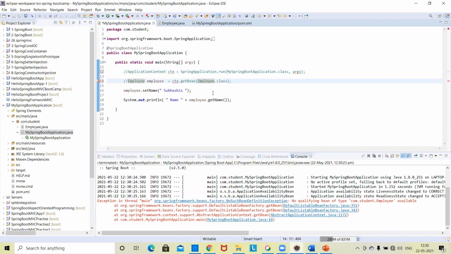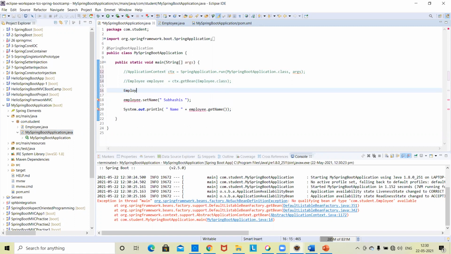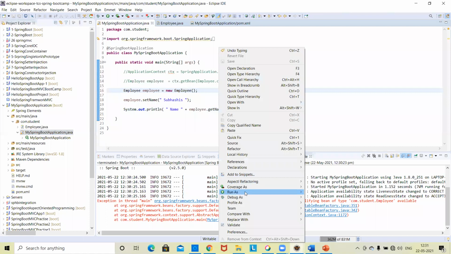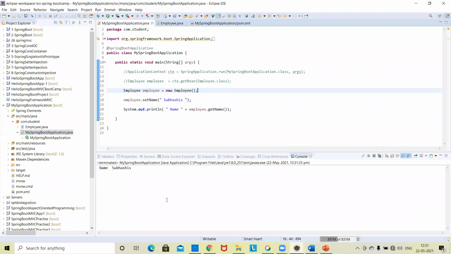This is the start, without Spring technology. We create Employee. Those who have already learned basic Java have done it like this. You can run the program. It is a Java application without Spring. So it is working, right? But here we are creating the object. This is very simple.